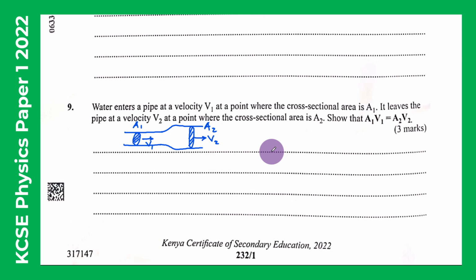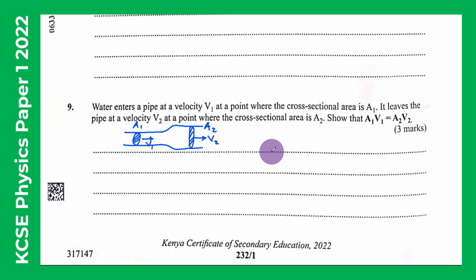So water enters a pipe at a velocity V1 at a point where the cross-section area is A1. It leaves the pipe at a velocity V2 at a point where the cross-section area is A2. Show that A1 V1 is equal to A2 V2. Here we are going to use the fact that because the water is incompressible, then the volume of the water